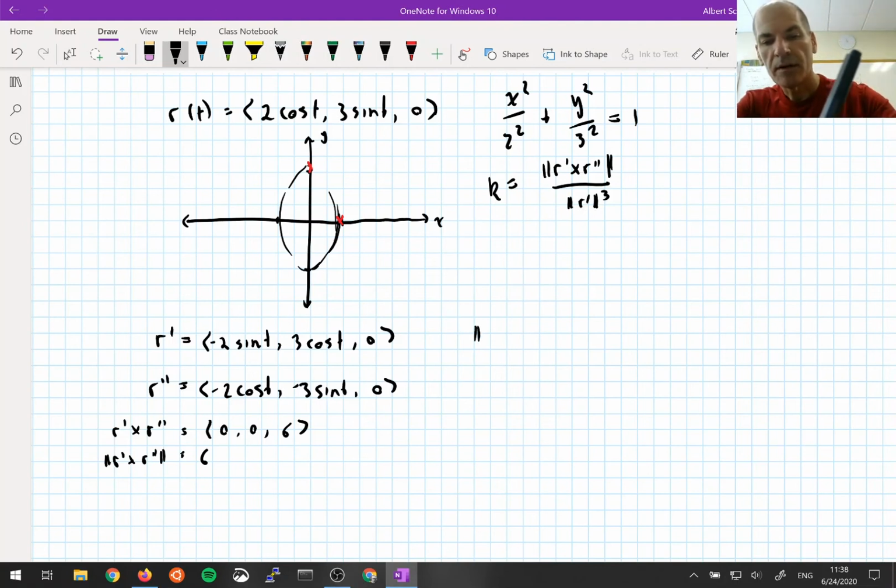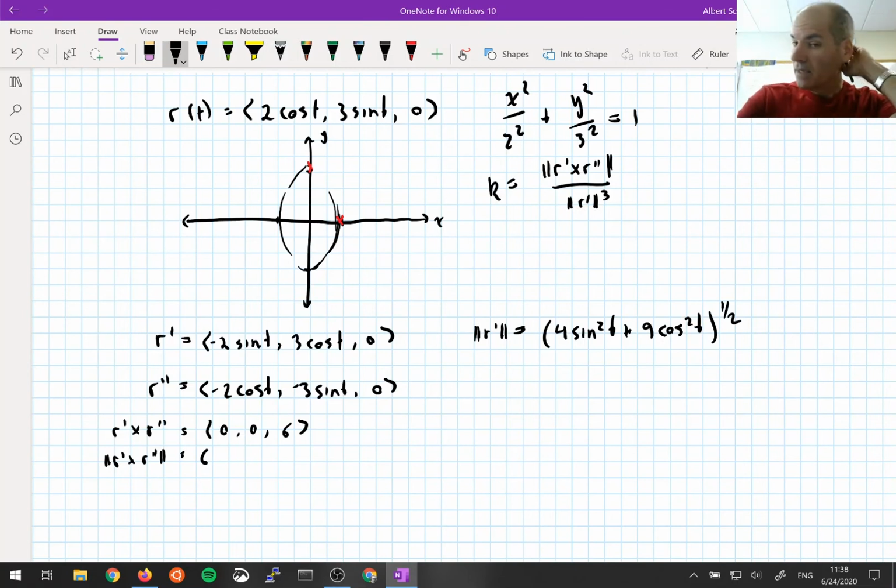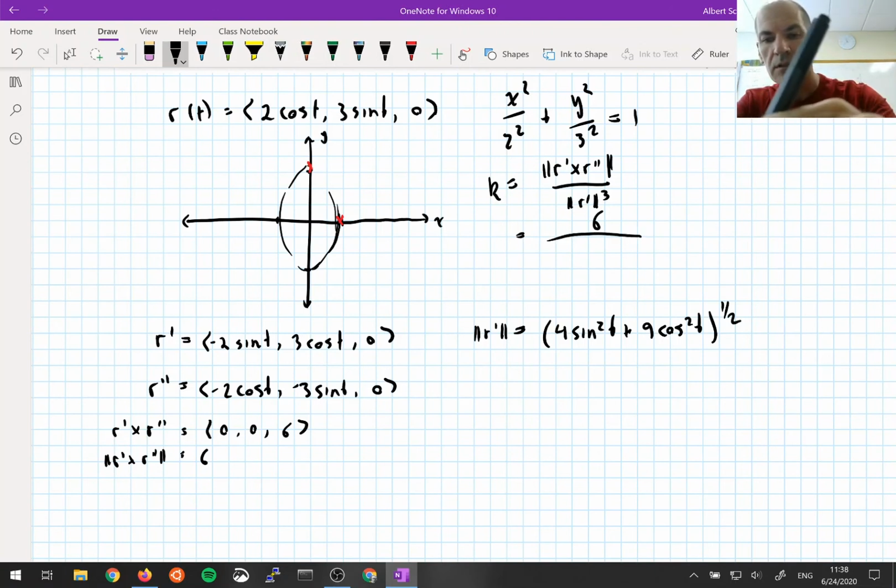The magnitude of r prime, which we also need, is the square root of 4 sine squared t plus 9 cosine squared t. Now note, again, not a Pythagorean identity here. You're stuck with this complicated magnitude. But given that magnitude, we can now quickly compute the curvature as 6 over the quantity 4 sine squared t plus 9 cosine squared t